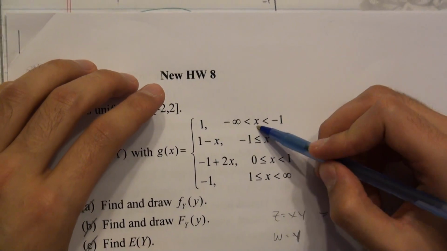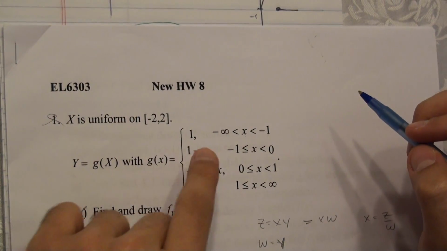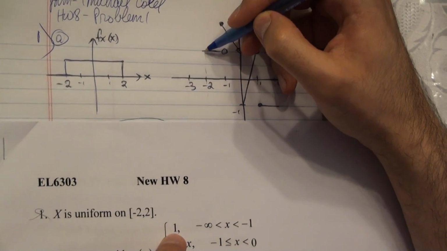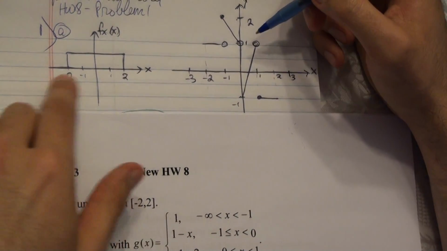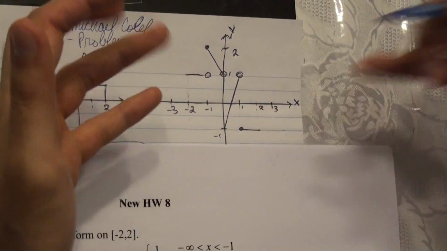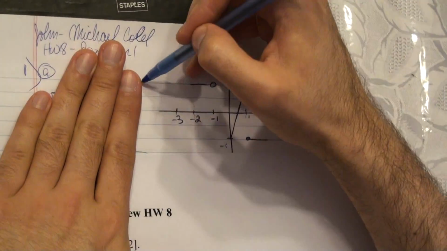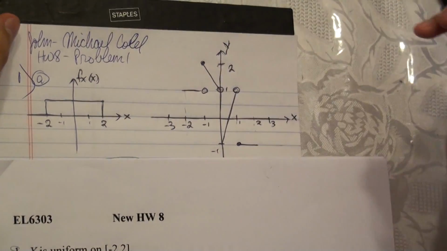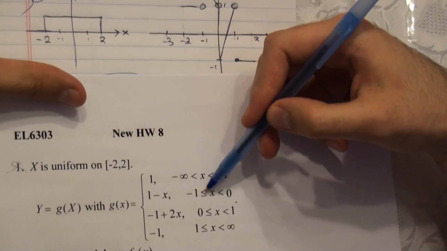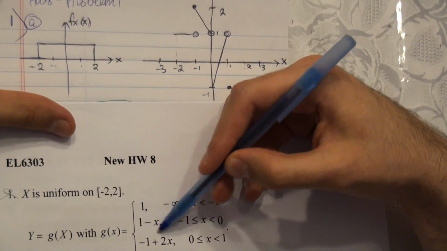So from x equals -infinity to -1, we have g of x equals 1. Here I didn't draw it from -infinity because x only goes from -2 to 2, so we only care from -2 to 2. But if x were different, this would go all the way from -infinity. Then at x greater than or equal to -1 and less than 0, we have this function, which is